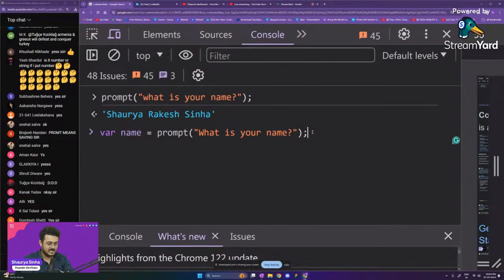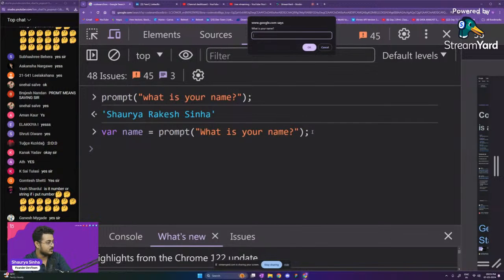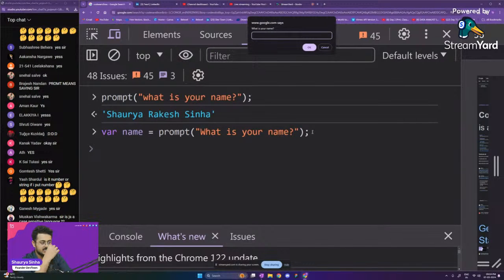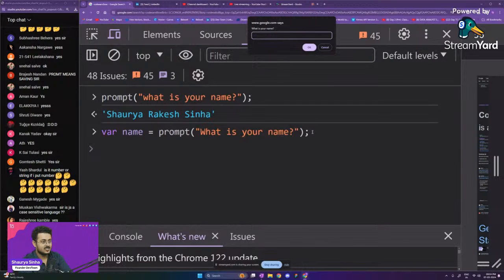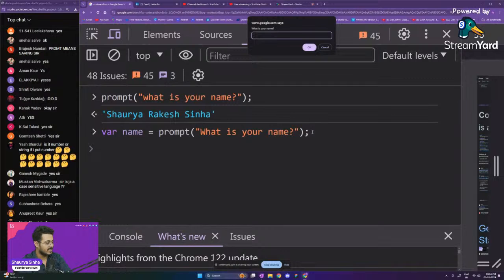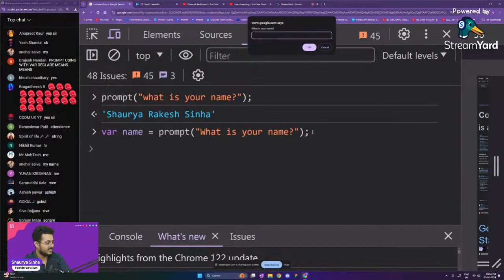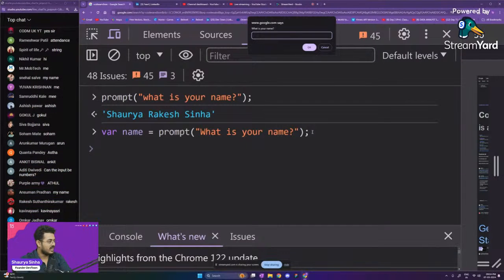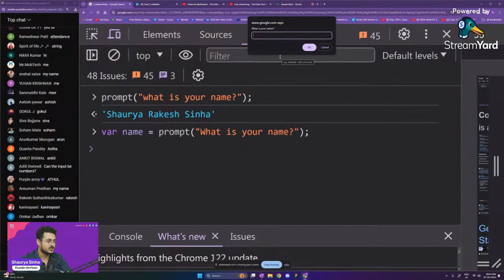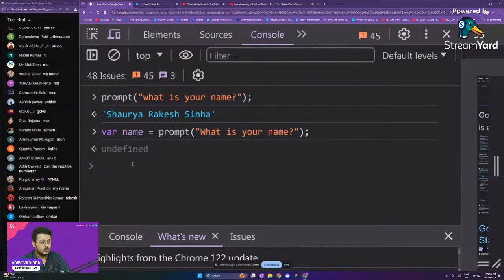If I save this and run this, it asks, what is your name? Let me use somebody's name. Whose name should I use? Is anybody going to volunteer their name so I'm able to use it? Okay, so Yuvan, I'll use his name. He has been with us for the previous bootcamp as well. So Yuvan Krishnan.